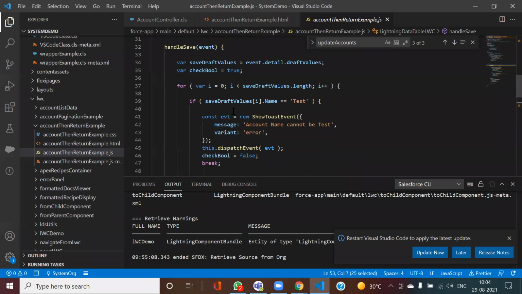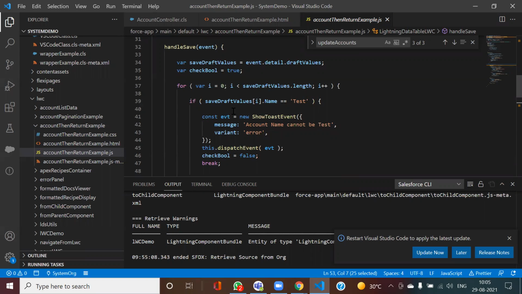So this was regarding calling your imperative Apex in Lightning Web Components. Now if you see what things we have covered in today's session, the first thing that we did was Lightning record form. We did it out. That is a Lightning Data Service that I call in LWC. That was the first thing that we did.